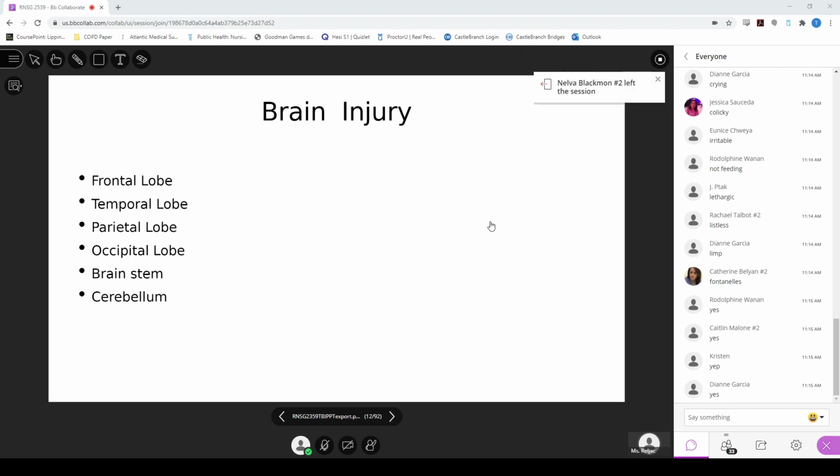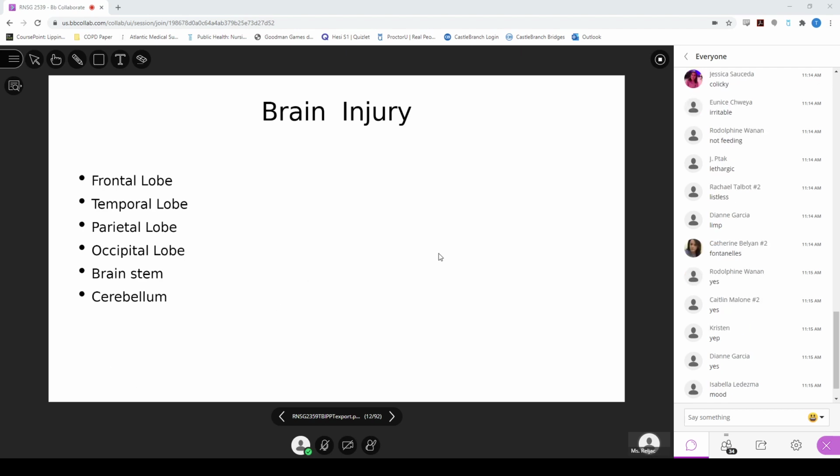And brain injury. So the frontal lobes, what is your frontal lobe responsible for? Mood, yeah. So it's responsible for your behavioral output, your social and your cognitive behaviors. So inhibition, self-regulation will be affected. Their abstract reasoning, their attention and working memory, their executive function. And when I say executive function, I mean being able to multitask and organize,